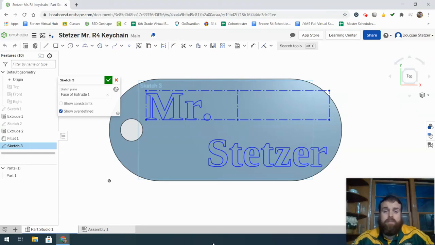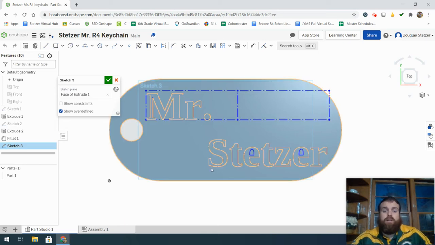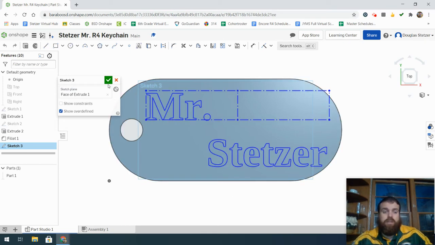In this video, I'm going to demonstrate how to extrude text. You can extrude your text in two different ways. You can have it cut into your project, or you can have it sticking out of your project. Okay? To do this, if you have your sketch still open, you're just going to have to start by clicking